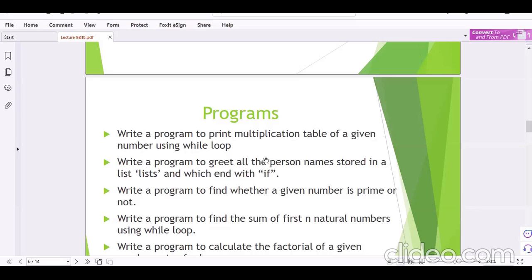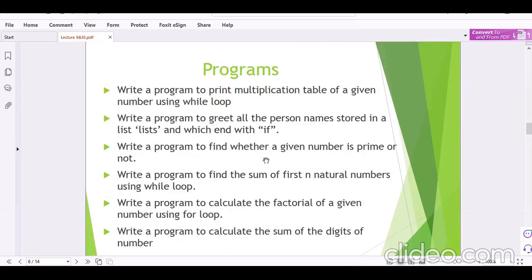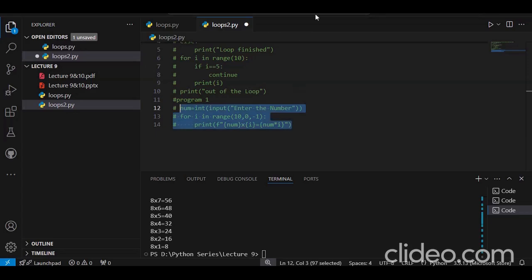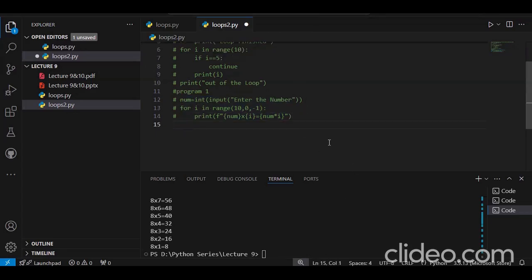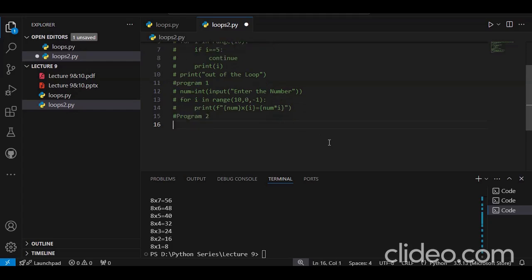Now moving on to our next program: write a program to greet all the person names stored in a list and which ends with if. We have seen this thing also in loops, while loops. Now we will see this in for loop. So I will write here program 2. I will create a list here, lists is equal to, I will name Asif,